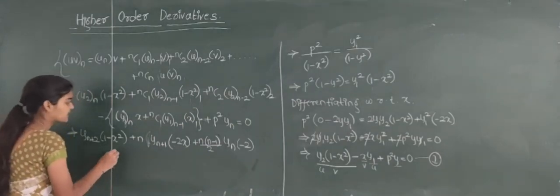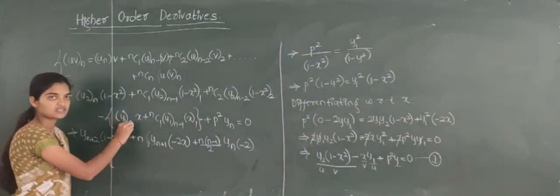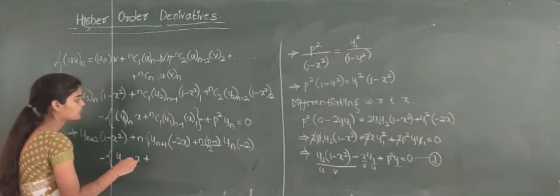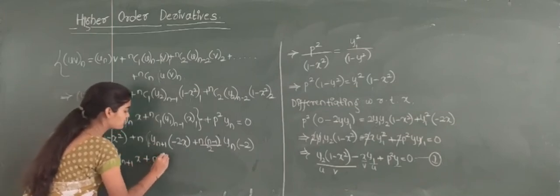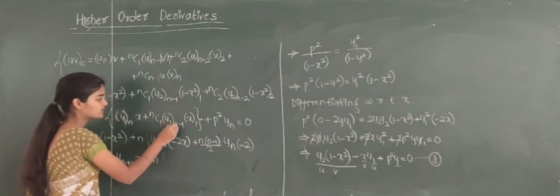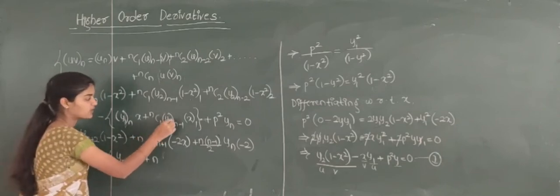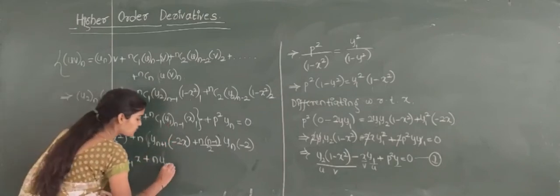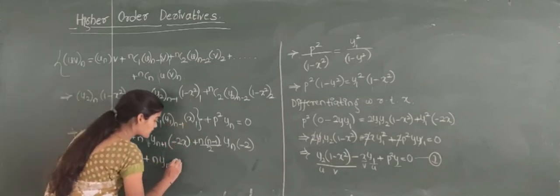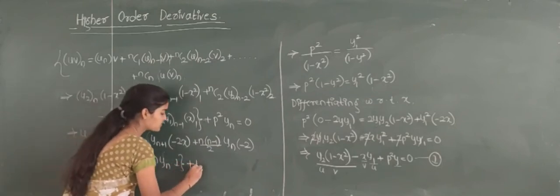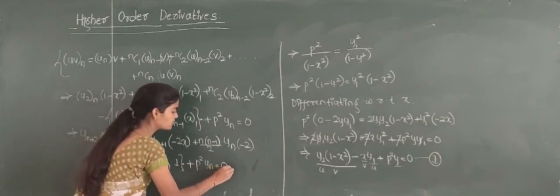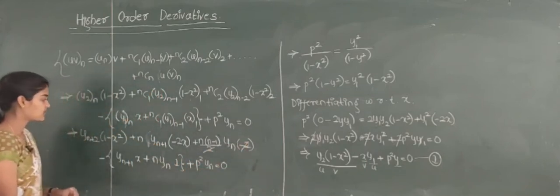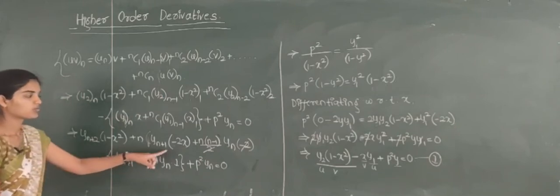Next, minus, in the bracket, again y1 and its nth derivative, which I can write as y(n+1) into x, plus nC1 value which is n, into the (n-1)th derivative of this y1, which we write as y(n-1+1), so it is yn only. Then the first differentiation of x is 1, plus p square into yn is equal to 0. Now here 2 and this 2 get cancelled and no other terms are cancelling. Okay, 2 and 2 get cancelled.